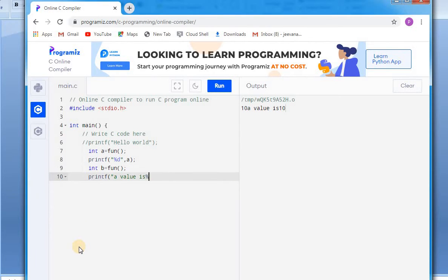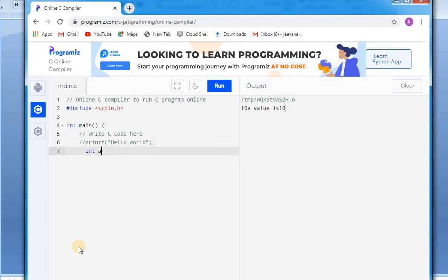another case, that is without return types and without parameters. Now, inside the main, return 0 means it's returning nothing.